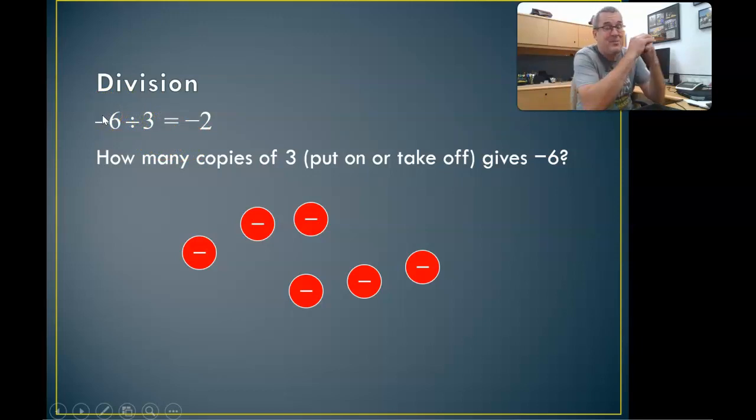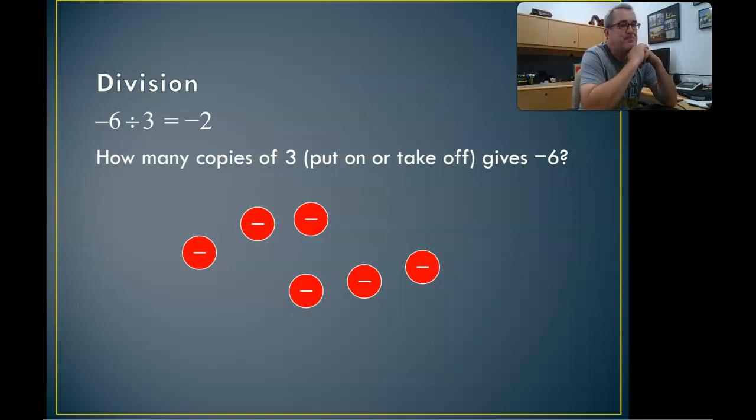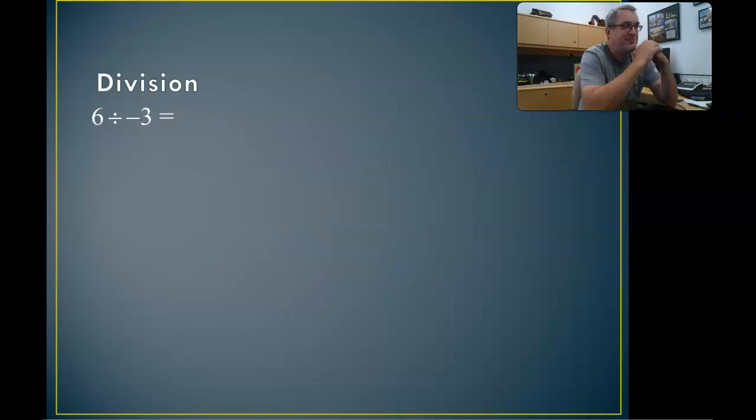That's how it goes. Now, you really just need to think about this, ponder it, consider it. Let your brain make sense of this. Go to the virtual manipulatives and play with it. Try to go back to multiplication. How did it work with multiplication? This is just the inverse, and now we have to think backwards about how to figure out negative 6 divided by 3. And then, try one more. What about